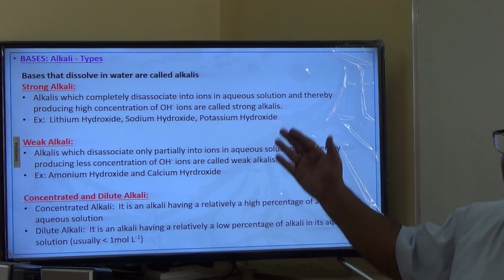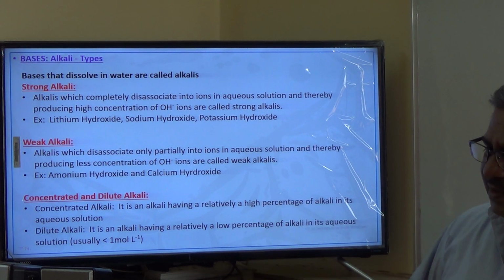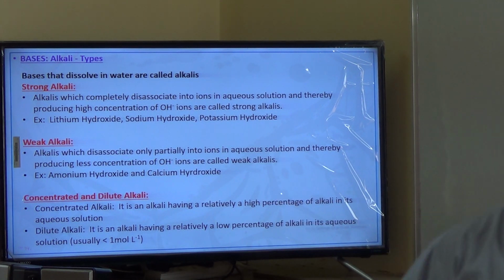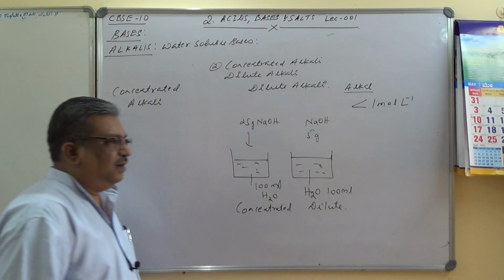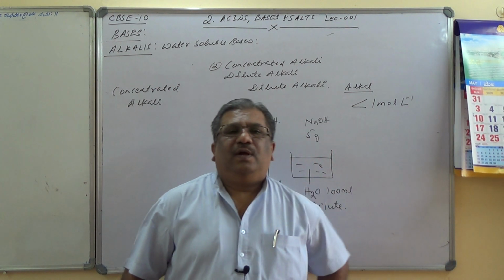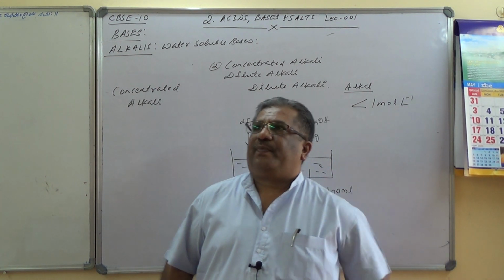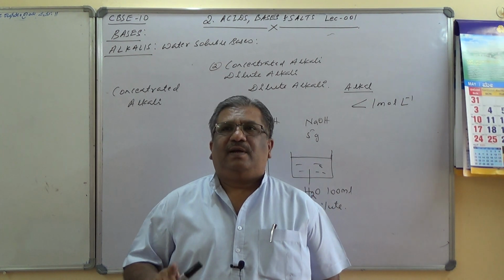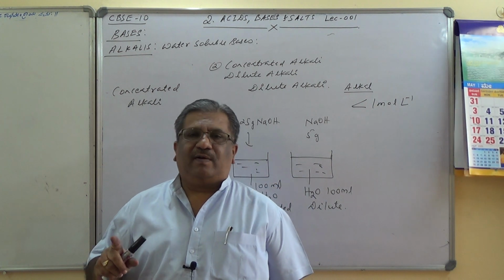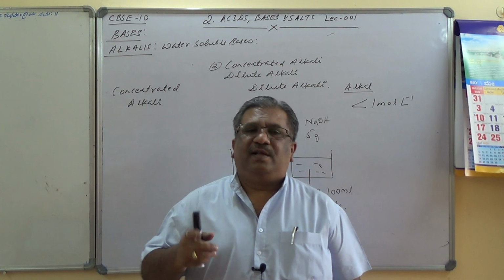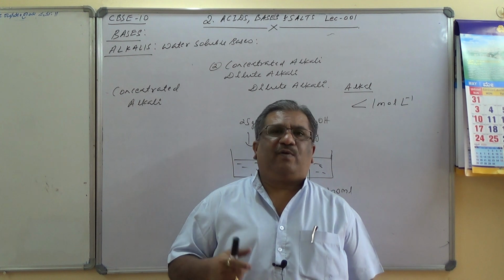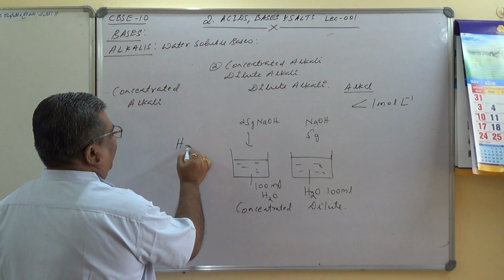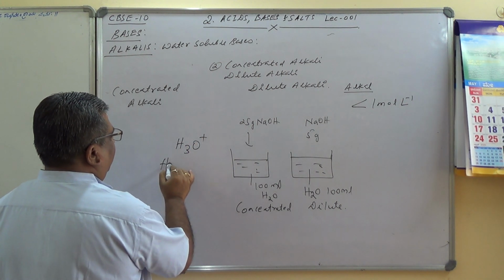And then bases, alkali types. Okay, so please note it down. Now you must know very clearly H plus ions are responsible for acidic properties, and H plus being hydrogen ions being unstable in nature, they react with water to produce hydronium ions, and the formula for hydronium ions is H3O plus. Okay, this is called hydronium ion,